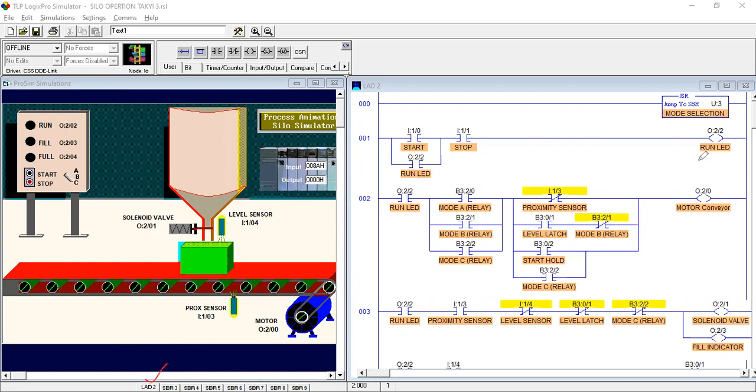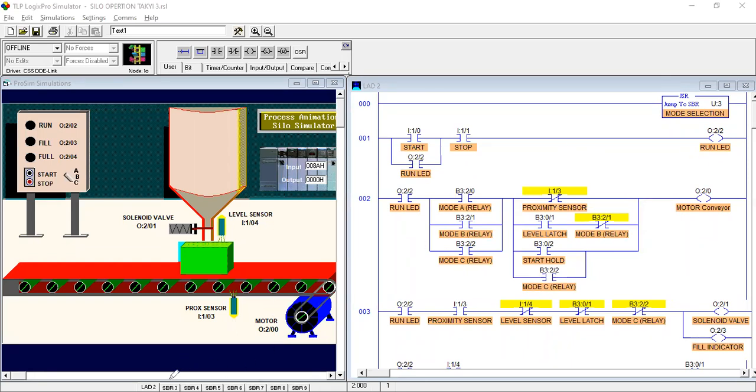Sometimes we want to separate our program, so we use that programming instruction. The JSR instruction will be used when you want to separate your program as a file.